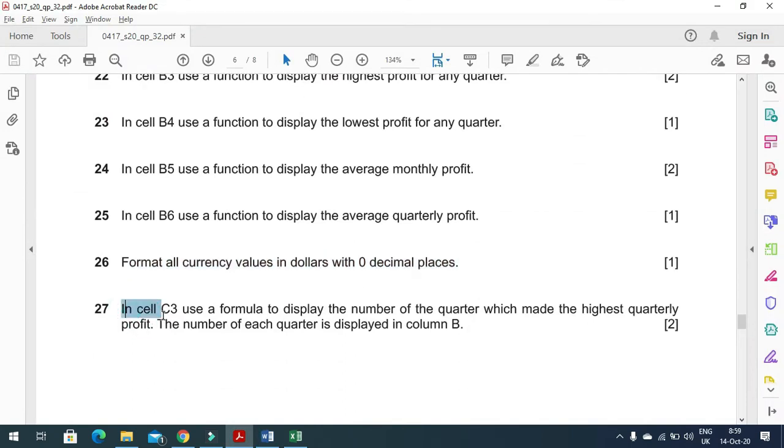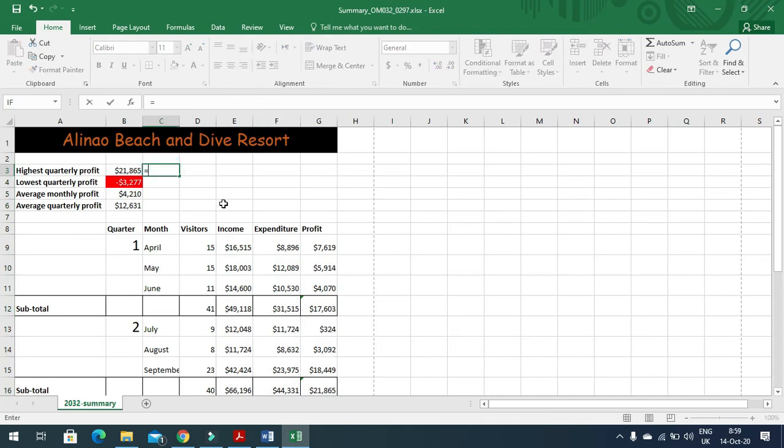And then they said in cell C3, use a formula to calculate the number of the quarter which made the highest quarter profit. The number of each quarter is displayed in column B to get the highest among these cells in the B column. So we need to enter the function here to get it. So we'll just start the comparison, equal to if this B3 is equal to G12, okay, then comma, if again B3 is equal to G16, comparing with each profit now, comma, then again